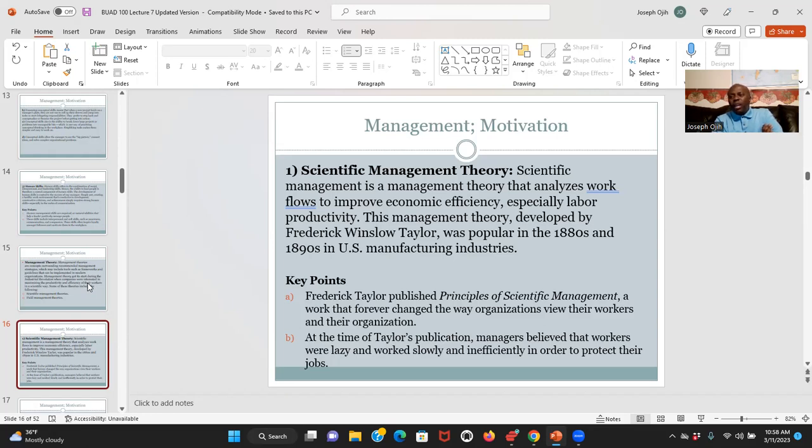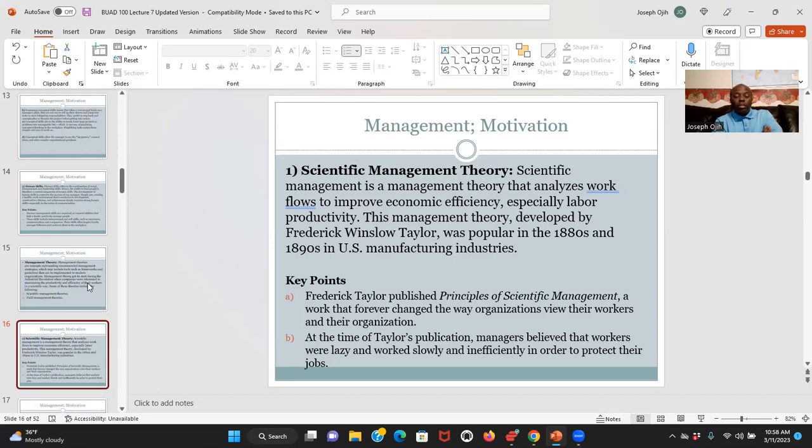There were many of them at the time, and then they had the smaller businesses, coal mine owners. They believed that workers are lazy and work slowly and inefficiently in order to protect their jobs. That was believed until Taylor ushered in the era of scientific management